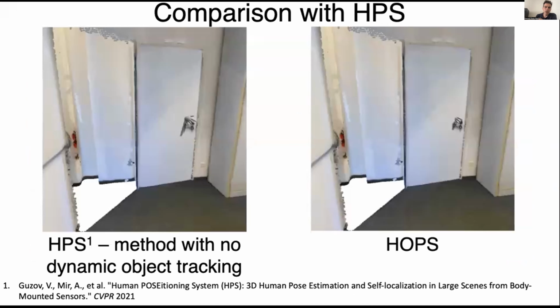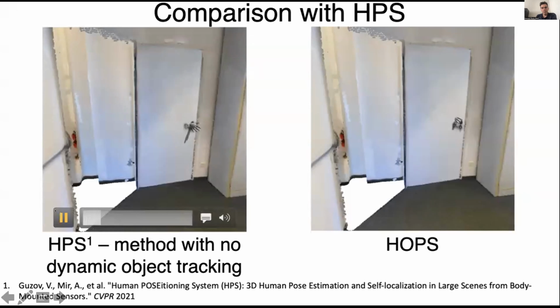And in this talk, I don't have time to explain our proposed solution, but the basic idea is to reason about the human object interaction in a way that we enforce contacts between the human and the object during the interaction. And we also parameterize the object motion. For example, a door can only move along a hinge joint, and a very heavy chair can only be dragged along the floor. And then using these constraints and how the human moves during the interaction, we can figure out how the object is moving.